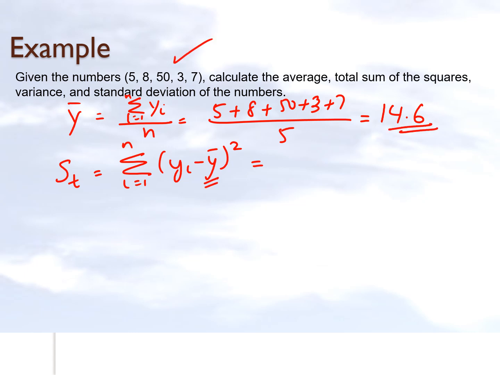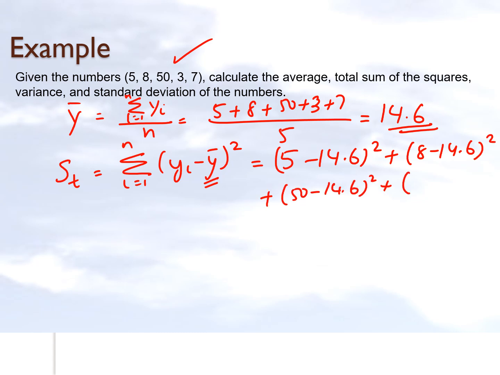So we have the observed value, so it'll be 5 minus 14.6 squared, and we'll keep on doing this. So we have written down the 5 differences, and the total is 1581.2.